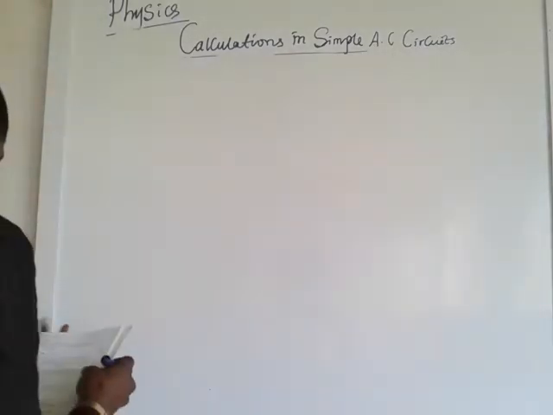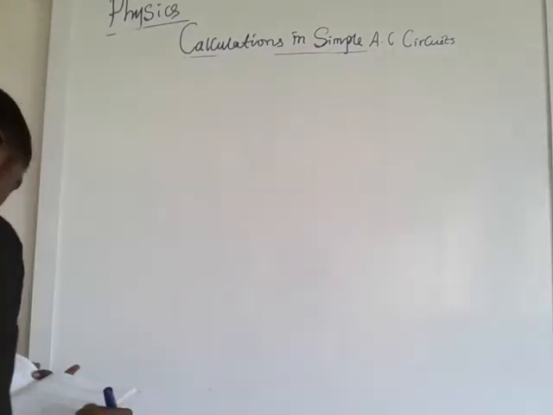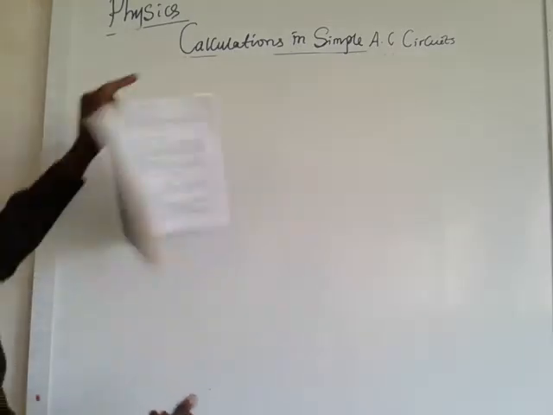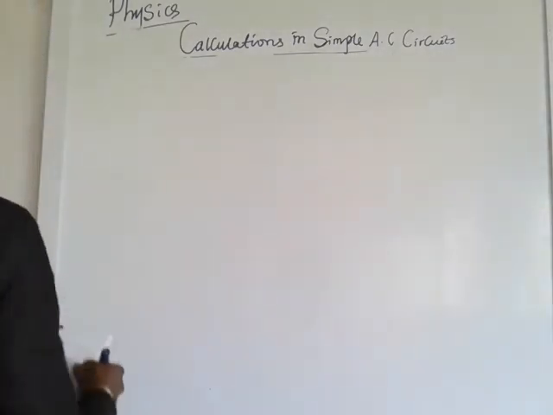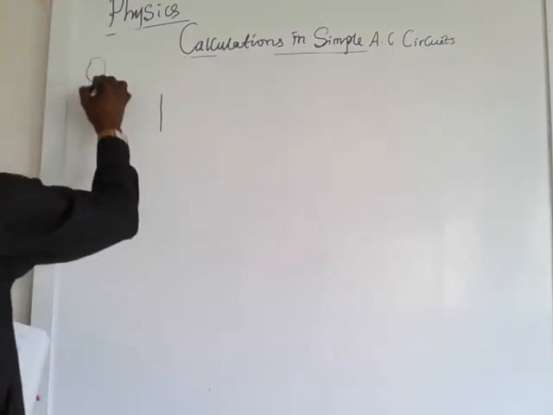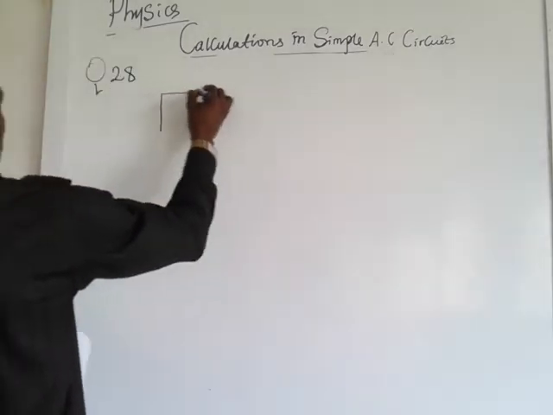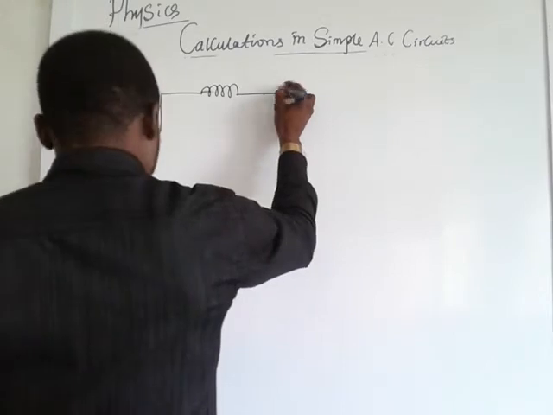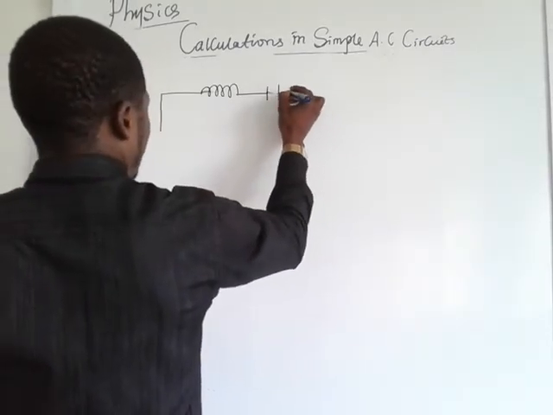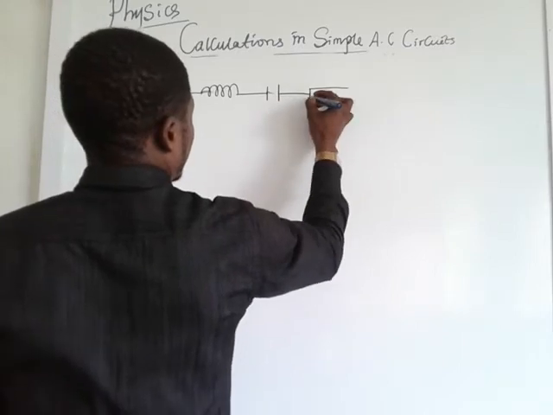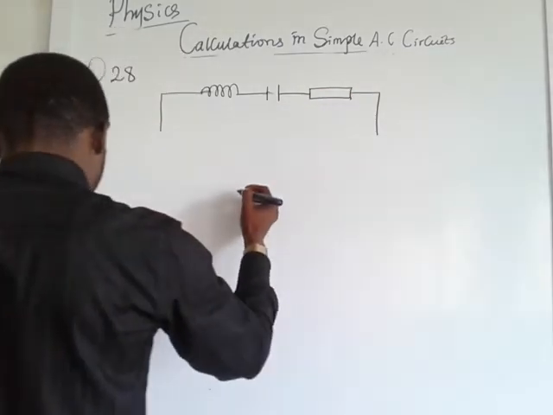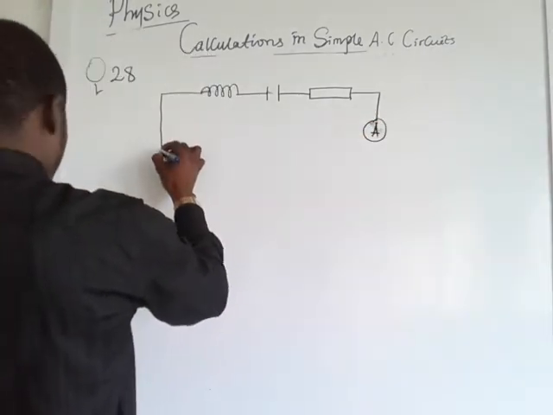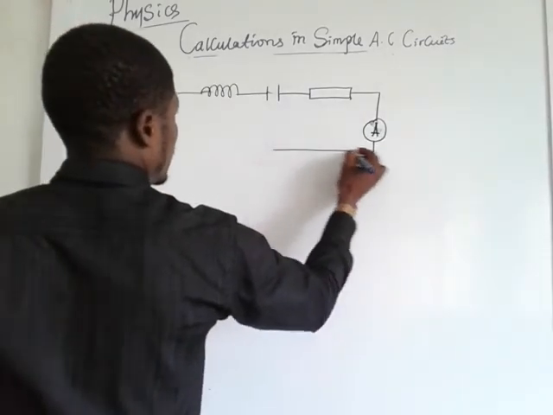The diagram below, this is the diagram. That is page 407, question 28, Exercise 5, calculations in physics. This is the diagram: you have your inductor L connected in series with the capacitor, then with the resistor, then this is the ammeter, then your